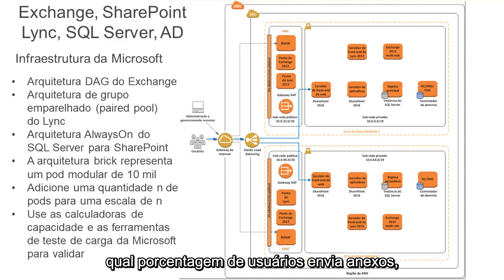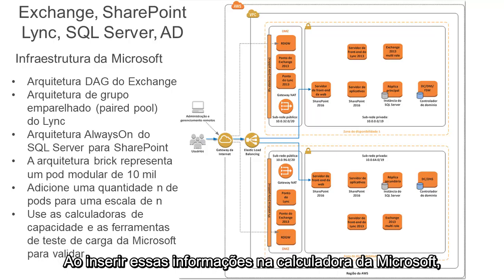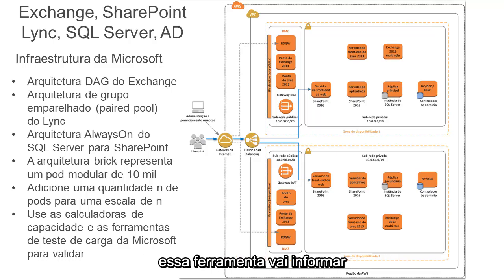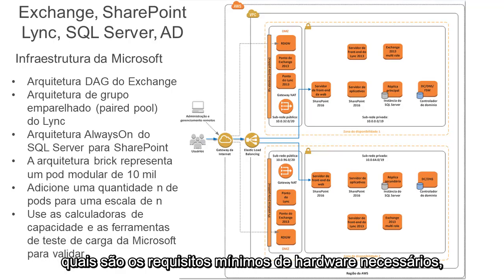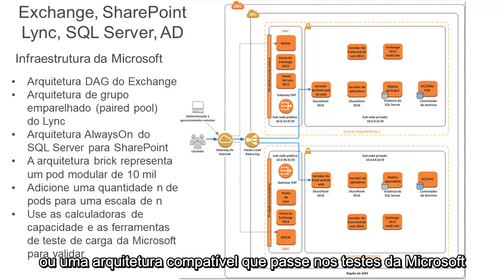What percentage of users send attachments? What is the average size of those attachments? And so by inputting that information into the Microsoft capacity calculator, it will tell me the minimum hardware requirements needed, including for virtualization, to have a supportable architecture that passes Microsoft tests